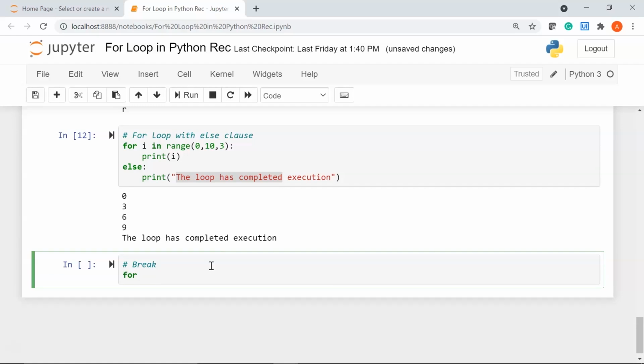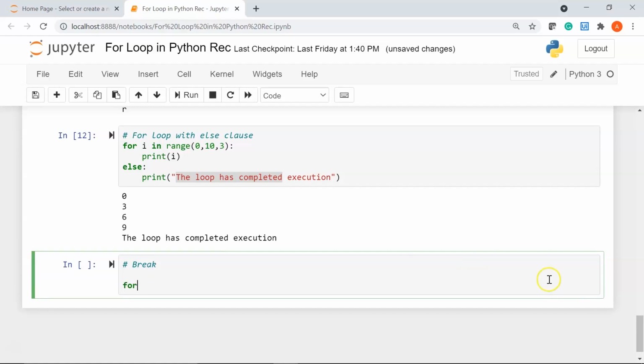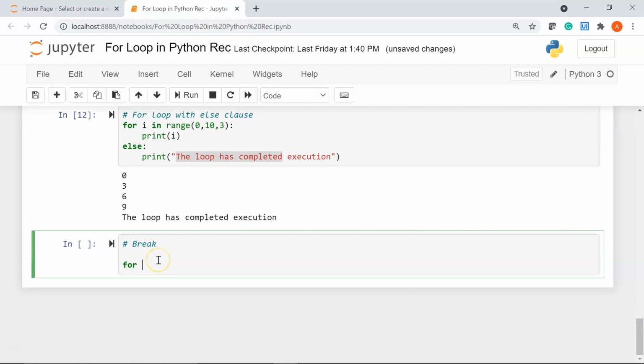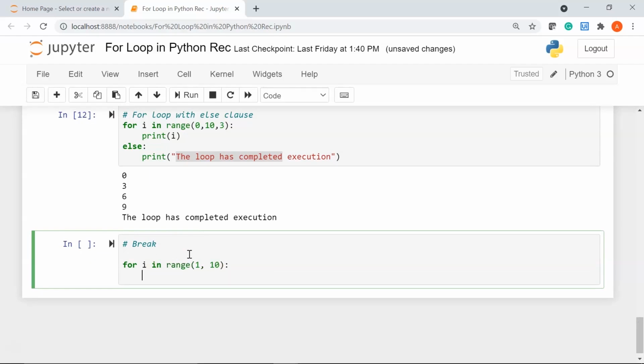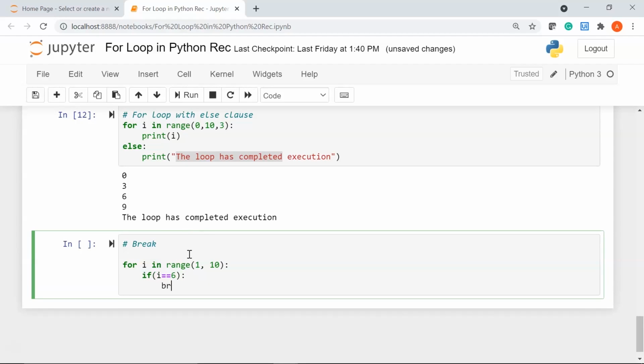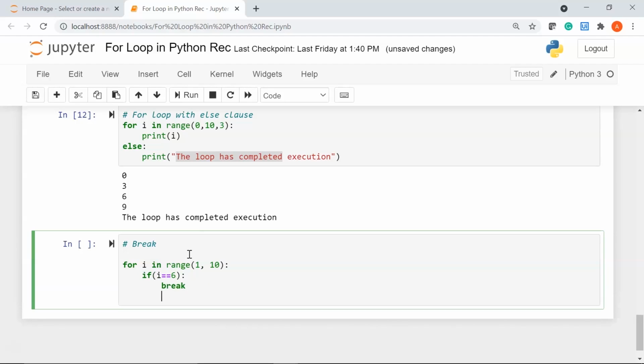If I write for i in range, let's say from 1 to 10, I'll use an if condition saying if i equal to 6, then break and come out of the loop.